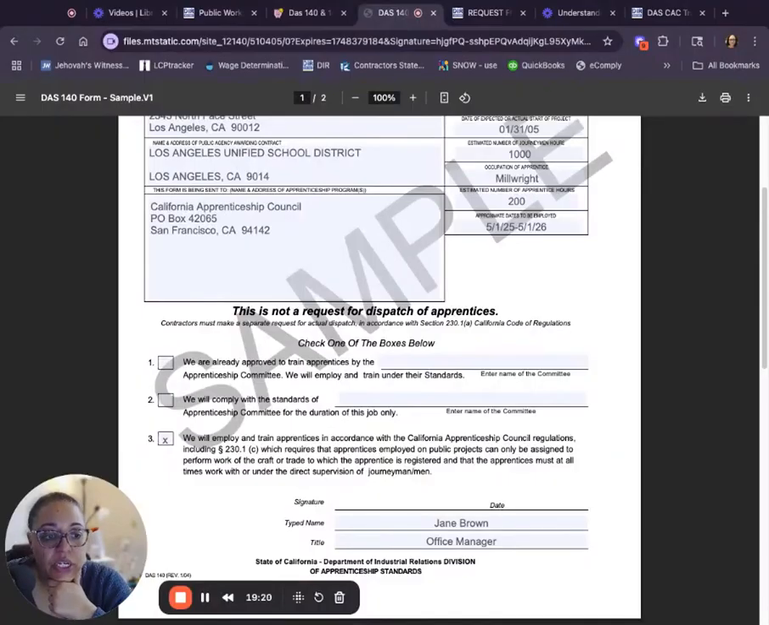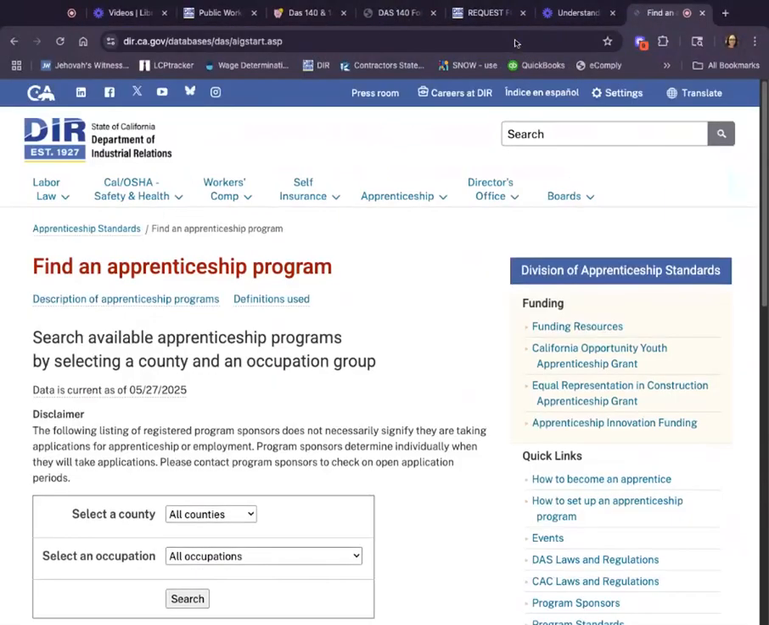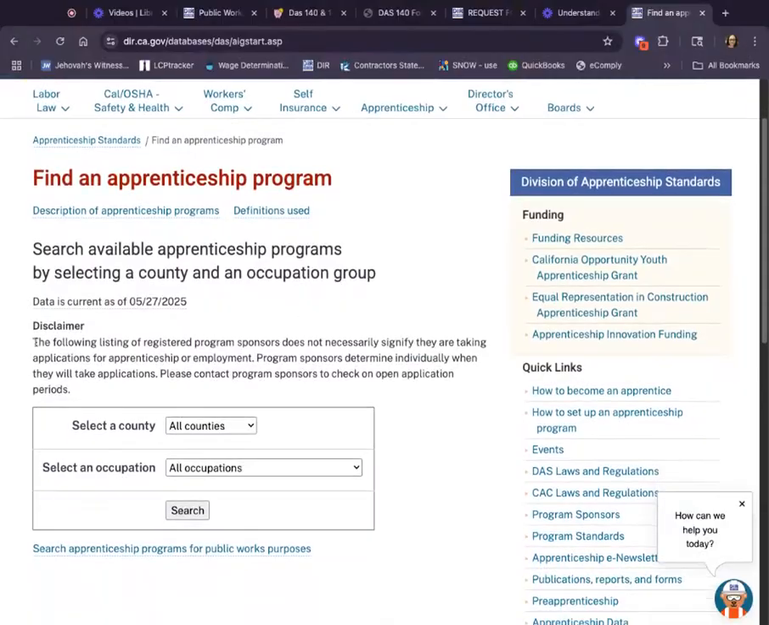There is a link to use. I'm going to get it here. And so this is find an apprenticeship program like we were just talking about. So disclaimer, the following list of registered program sponsors does not necessarily signify they're taking applications for apprenticeship or employment. Program sponsors determine individually when they will take applications. Please contact program sponsors to check on open application periods. So pretty much what you're going to do